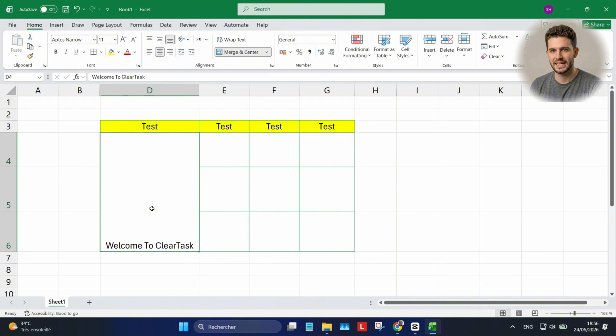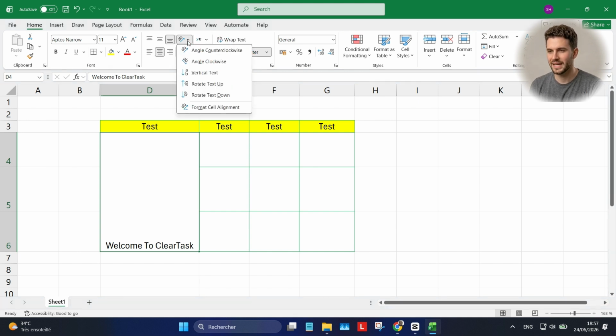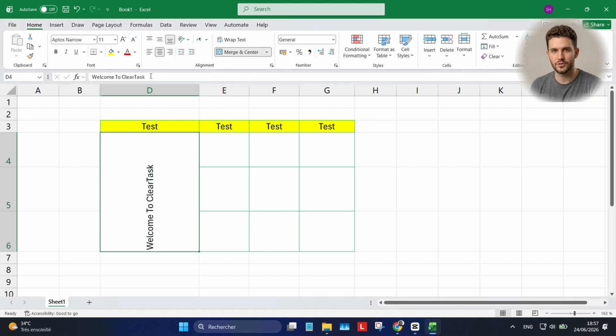The fastest method is using the ribbon menu. Make sure you are on the Home tab. In the alignment section, find the orientation button. It looks like a lowercase a and b with a diagonal arrow. Click it and select rotate text up from the drop-down menu. To make it look professional, click the middle align and center icons so the text sits perfectly in the middle